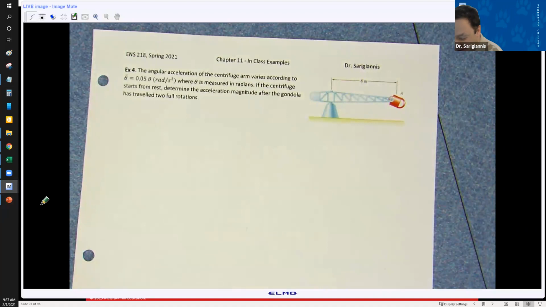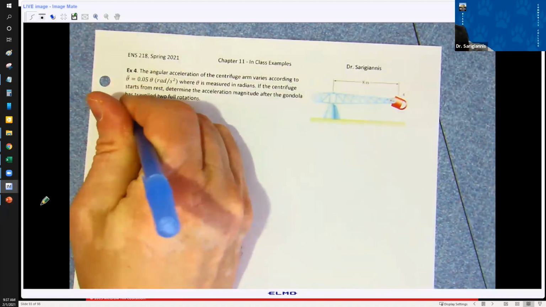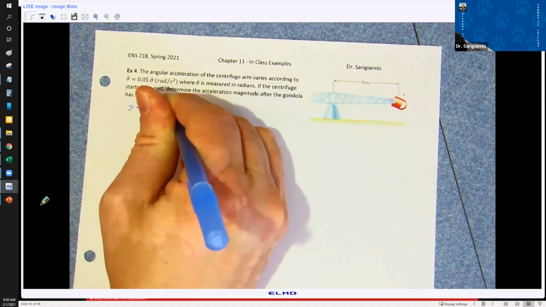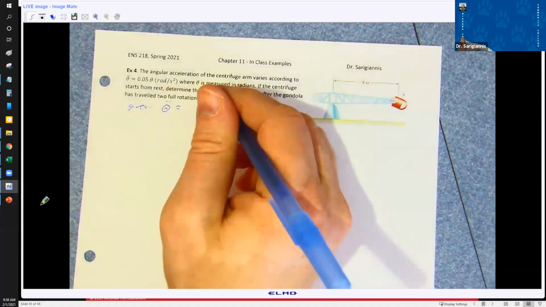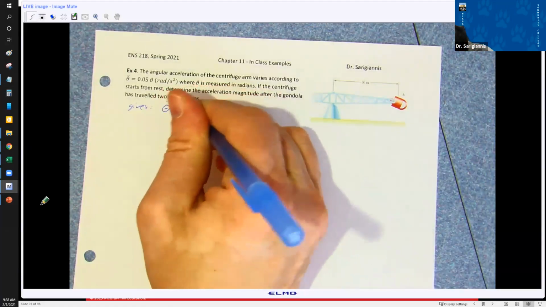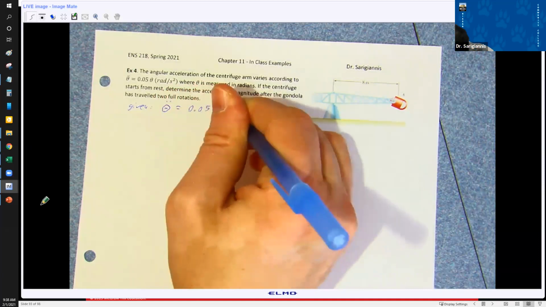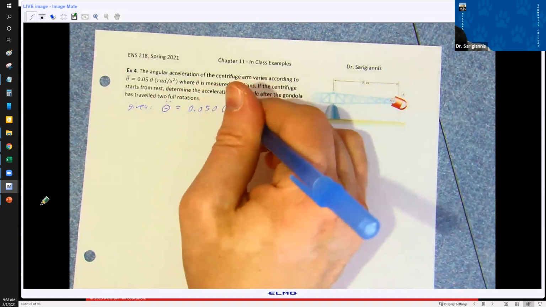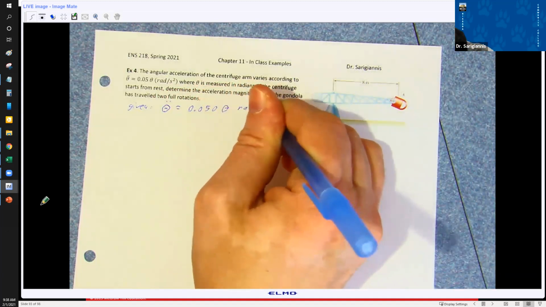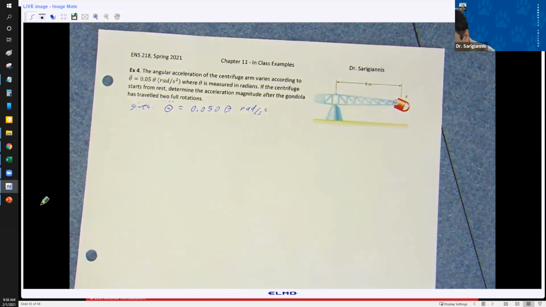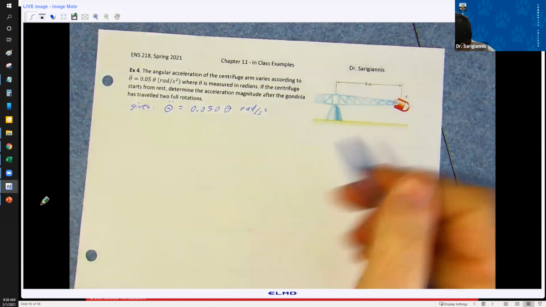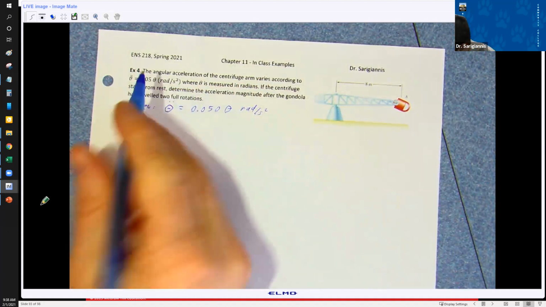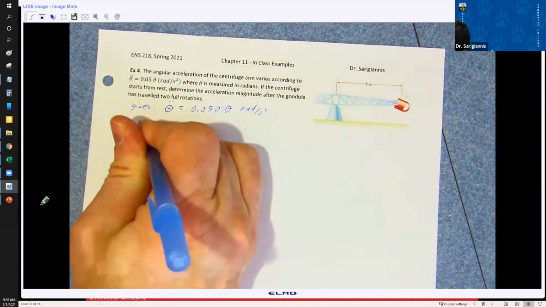This is blank. So we're given the second derivative of theta with respect to time is 0.05 theta. Radians per second squared. And we're asked to find everything that's going on after 2 full rotations. So 2 rotations